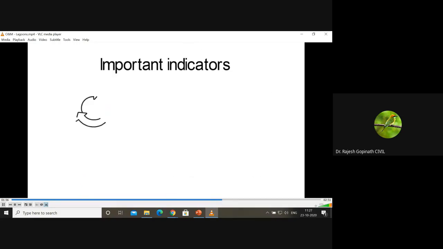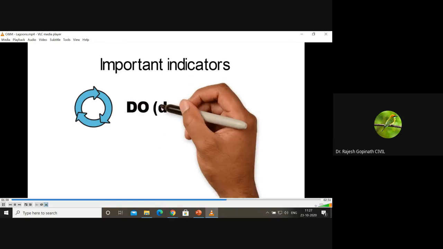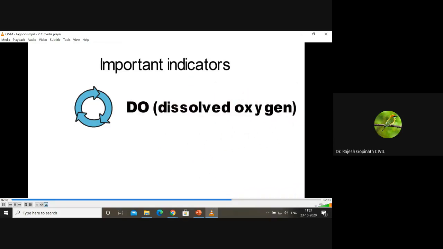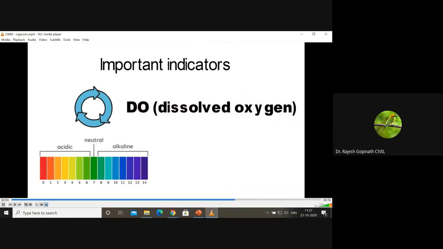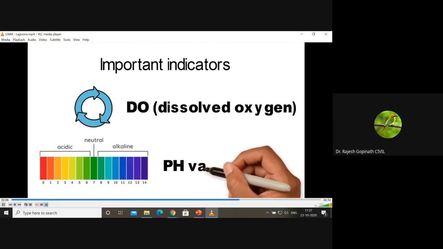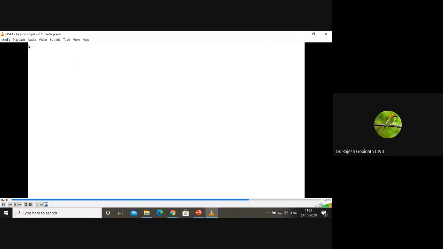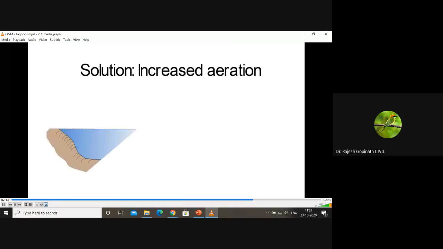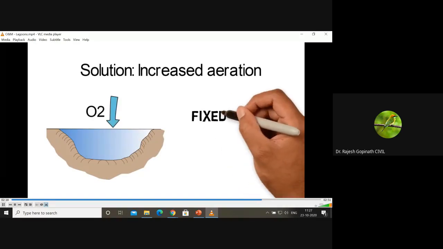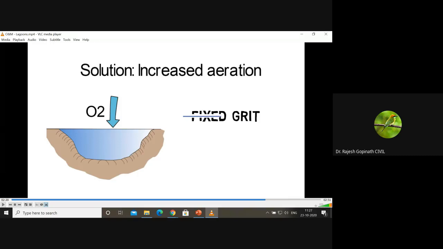All described indicators of overloaded lagoons go along with changing DO, dissolved oxygen, and pH levels. Therefore, the DO and pH levels of lagoons should be occasionally checked, e.g. with portable testing kits. In most cases, increased aeration will correct an overloaded lagoon, as water levels in a lagoon plant can normally not be lowered. But do remember that when you speak about excessive aeration, that also means that there would be more facilitation for algae to grow. So algae removal is also essential.